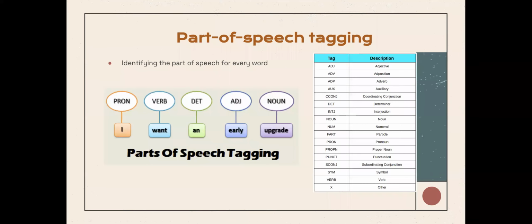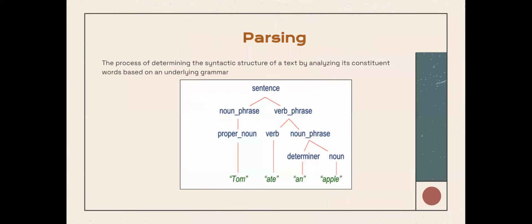sentences and words. So next I have an example about this, which is parsing. As you're parsing through, you will try to find the structure that the sentence has. Over here you can see that Tom is a proper noun and it becomes a noun phrase. Ate is a verb, and these two, we associate them as a noun phrase. A verb and a noun becomes a verb phrase, and combining all of this becomes a sentence.